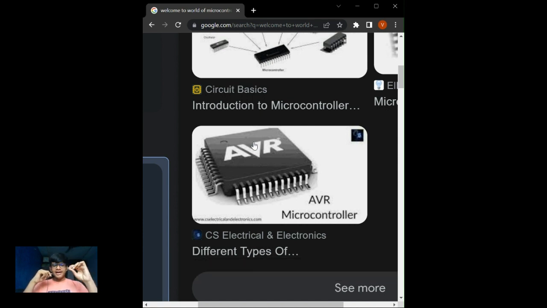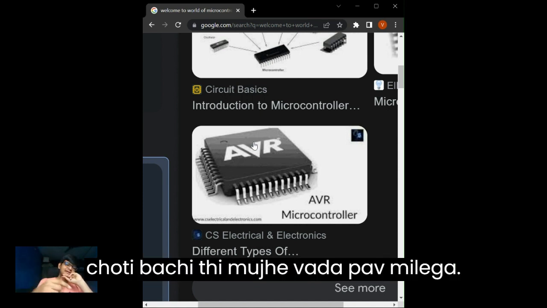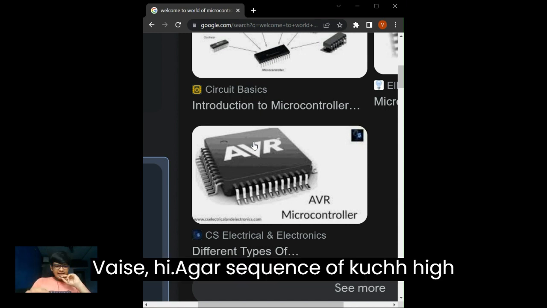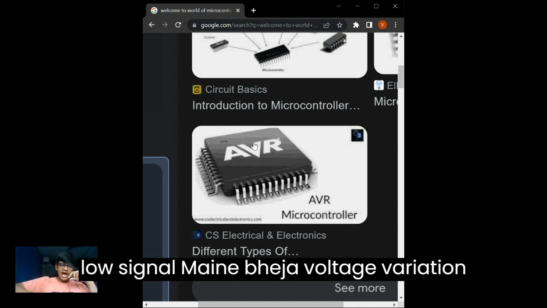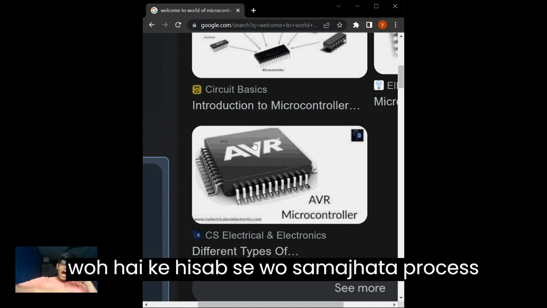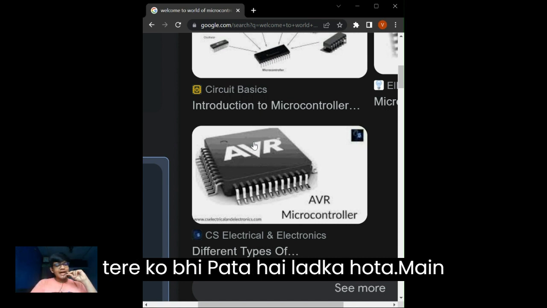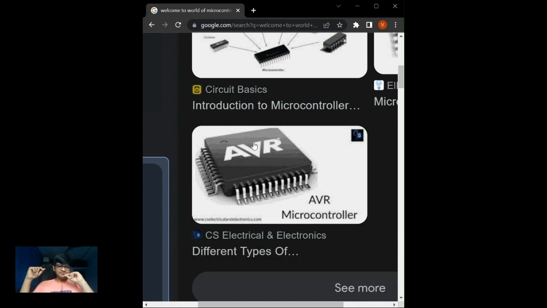मतलब अगर ब्रो, मैं चुटकी बजाता हूँ, दो चुटकी बजाई, मतलब अपने को कुछ समोसा चाहिए, एक रेस्टोरेंट है उसका कुछ रूल है, दो चुटकी बजाई तो मुझे समोसा मिलेगा, तीन चुटकी बजाई तो मुझे वड़ा पाव मिलेगा। तो वैसे ही अगर सीक्वेंस ऑफ कुछ हाई लो सिग्नल मैंने भेजा, वोल्टेज का वेरिएशन करके कुछ भेजा मैंने, तो उस हिसाब से प्रोसेसर समझ जाता है कि मुझे एक्चुअली करना क्या है, मुझे समोसा लाना है, मुझे वड़ा पाव लाना है। एक्चुअली वो लाता नहीं है, तेरे को भी पता है।